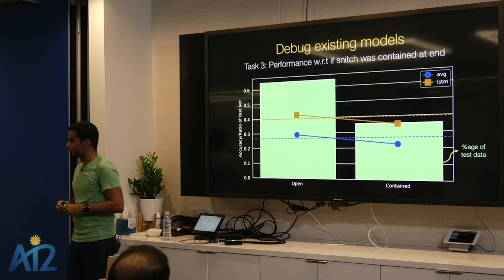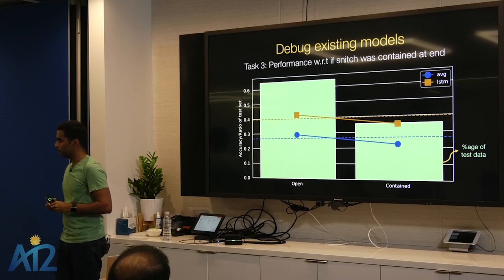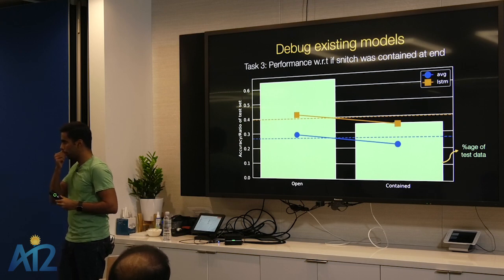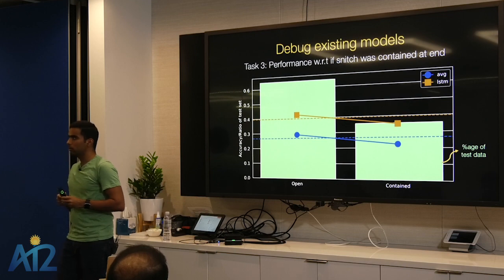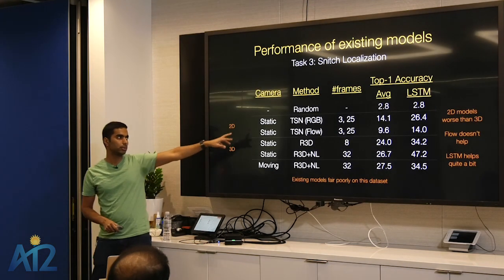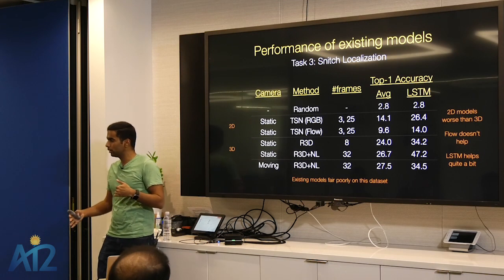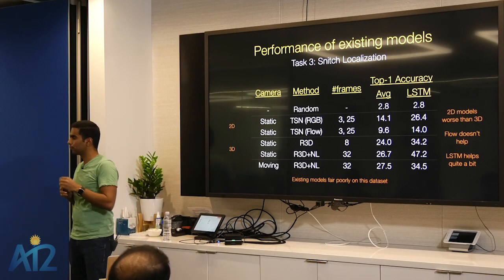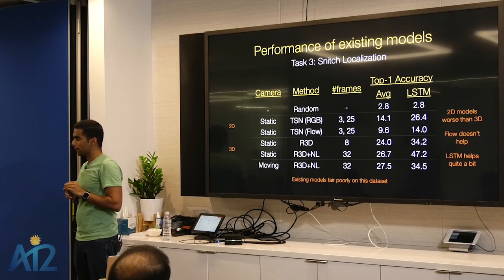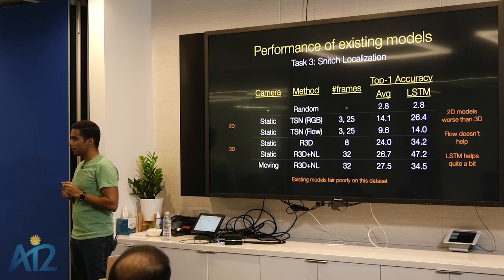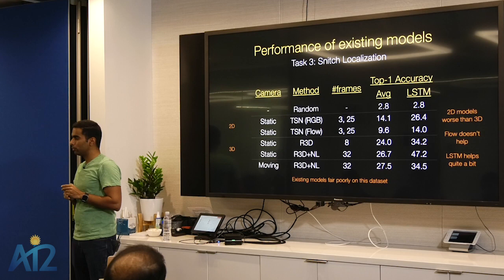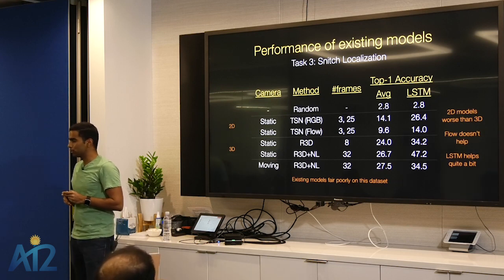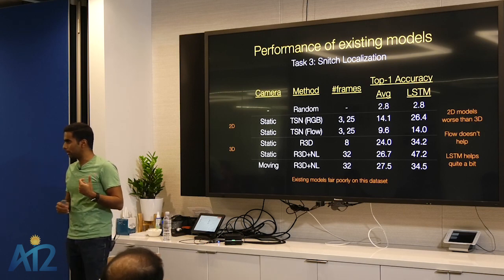Yeah. Did you train an image-only baseline, with no time, where you only take the subset of data which has the snitch visible at the end as the training data? No. We do have an image-only baseline. These are 2D models, so these are frame by frame predictions. Yeah, but you could take the last frame. Right. And for a single frame model, if the snitch was visible, you should be able to know where the snitch is as accurately as you can do an object. Pretty accurately, right? I think so. I think that shouldn't be hard. I don't have that number, but my guess is that it should just work at 100%.